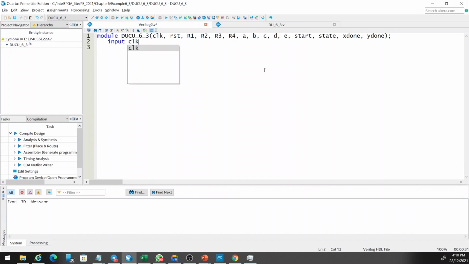Input, we have clock, we have reset, we have start, and that's it for the 1-bit input. We have also 8-bit input, R1 to R4 are the 8-bit,